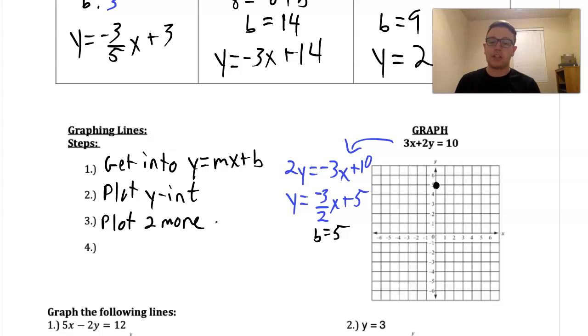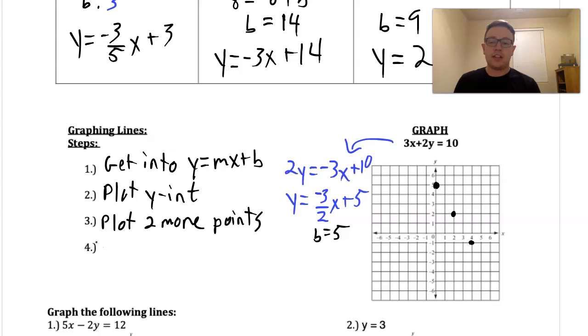More specifically, we're going to plot at least 2 more points. So we'll do this by using our rise and our run. How much do we fall? We go down 3, so we go down 1, 2, 3. We go over 1, 2. Then we go down 1, 2, 3. We go over 1, 2. And